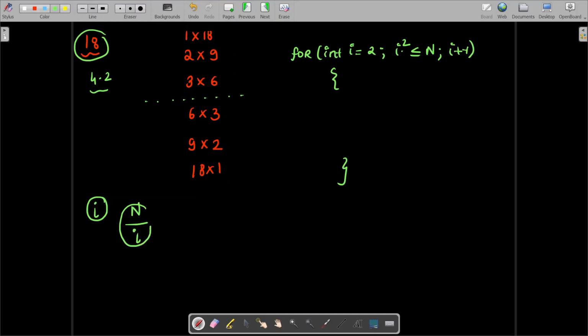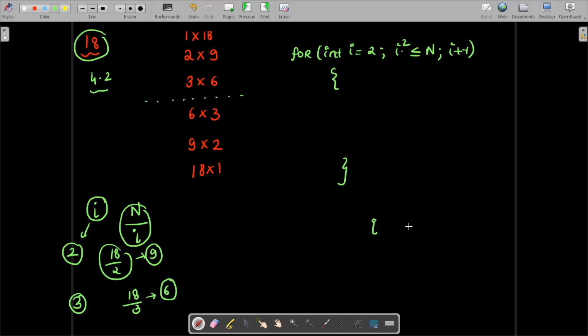Suppose I take an example of 2. 18 by 2 is also a divisor, which is 9. Suppose I take an example of 3. 18 by 3, 6 is also a divisor. So what we observe is, if i is a divisor,